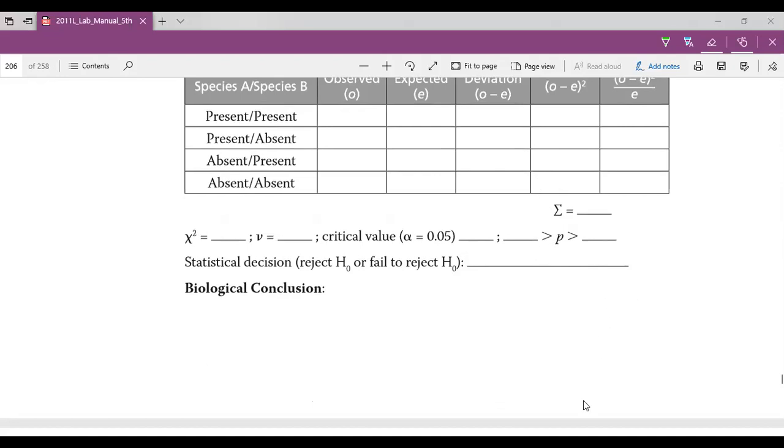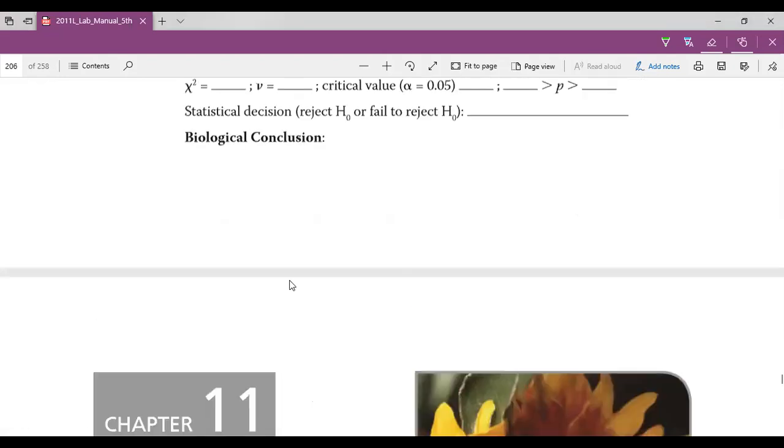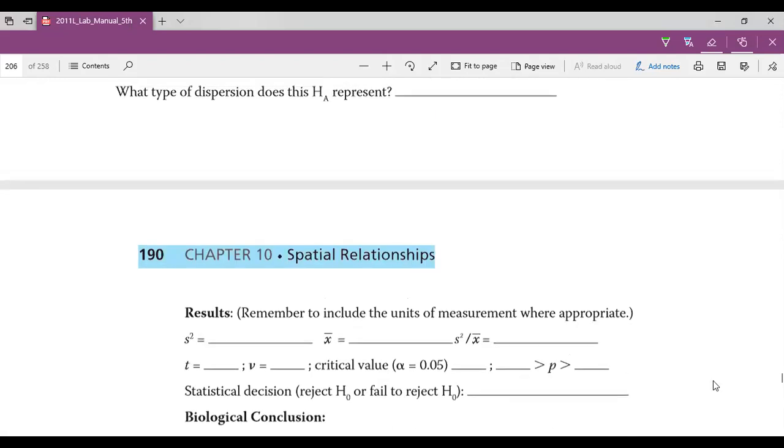I may need to make another video for clarification again, but hopefully this helps a little bit. So you have 3 assignments to turn in, and I'm going to upload an Excel that will help you with the calculations. So please email me still if you need help with this,